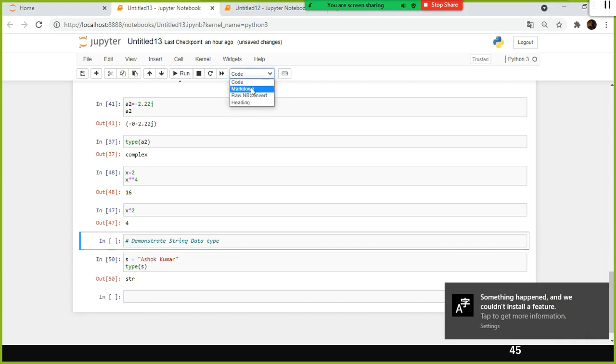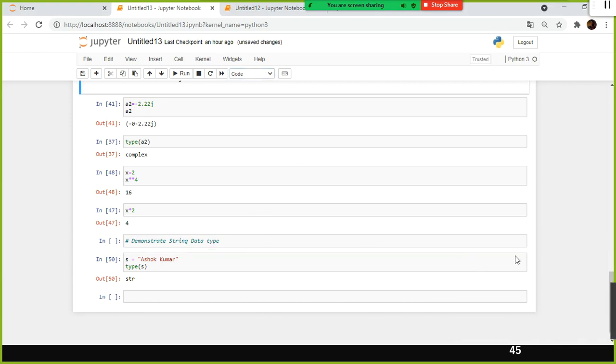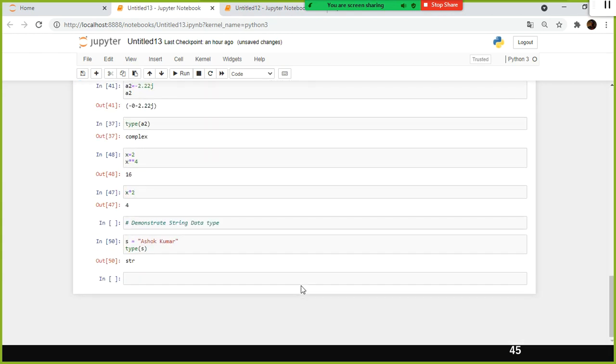Why do we have to use comments? That is the best practice. If you write any program or script, you need to specify comments wherever appropriate. I won't say put a comment on each and every line, no. Wherever it is important, you need to. Supposing you are performing some kind of data analysis, you need to specify comments.